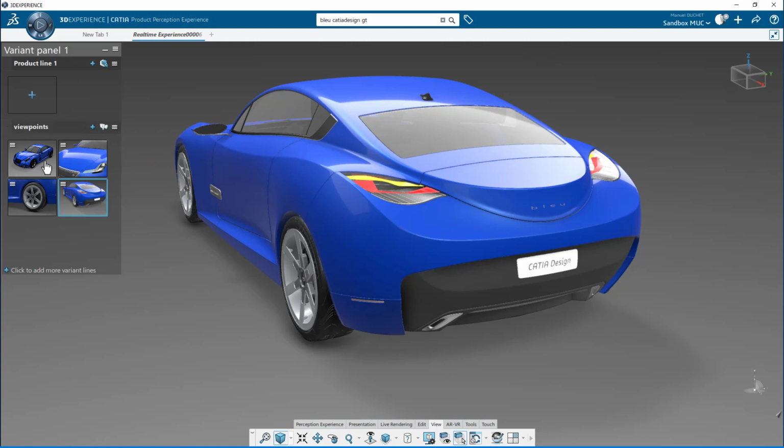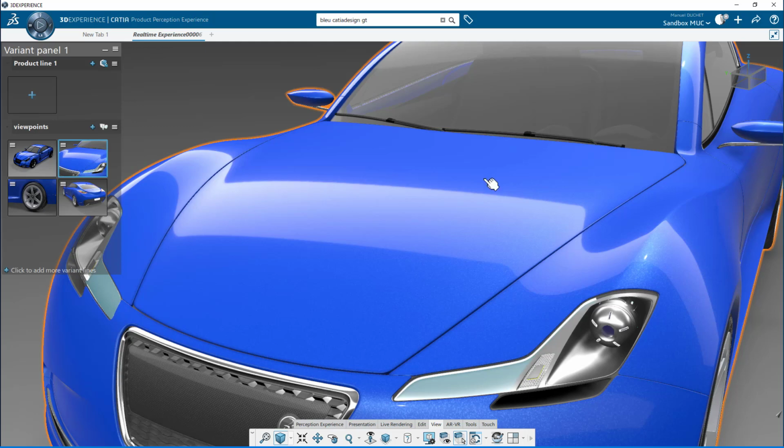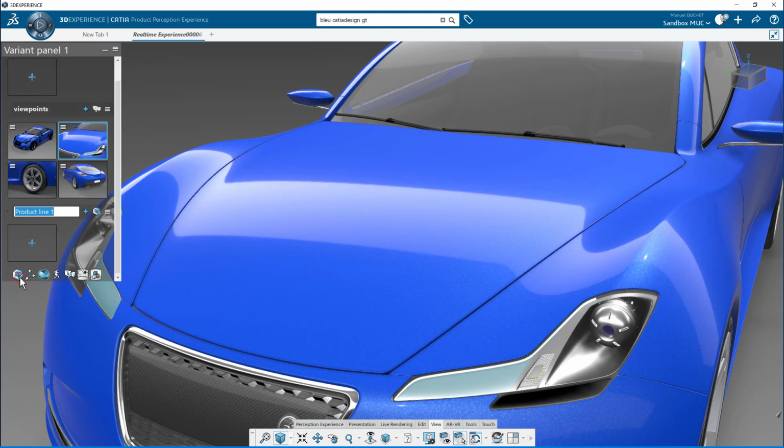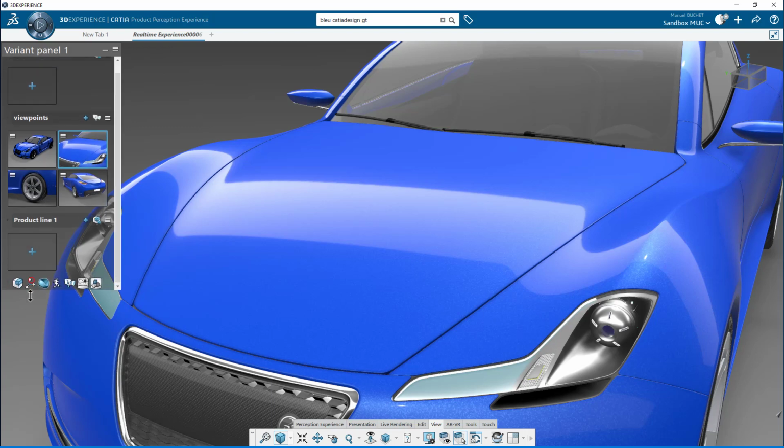Okay, now we can go back to focusing on the hood and create 3 product variant lines, one for the hood. I need 2 more that I will add with these comments at the bottom of the panel.